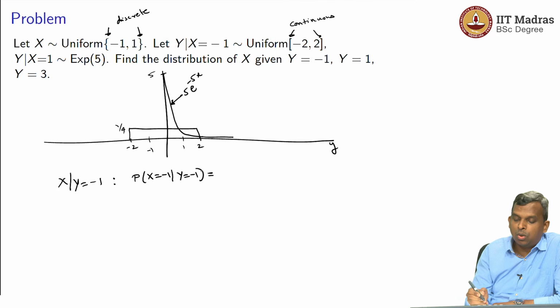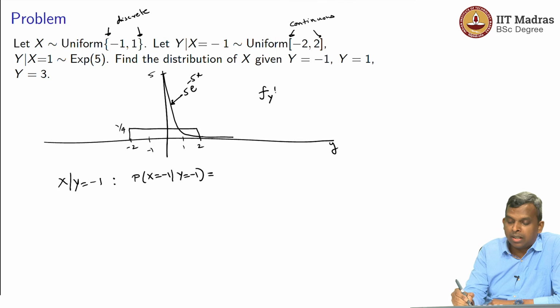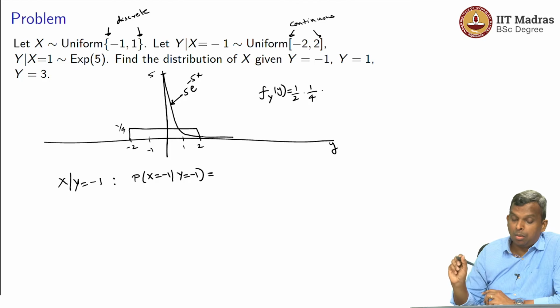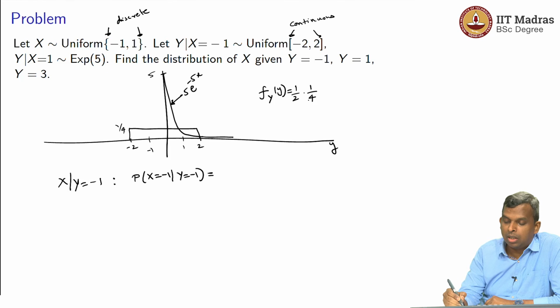Okay, so for this, I know I need my marginal of y. So let's write down the marginal of y. It's going to be half, the probability that x equals -1, times the uniform distribution, 1/4, right? Remember, you have to be very careful here. This 1/4 is when y is between -2 and 2, right? So this is when y is between -2 and 2. Okay, and then plus